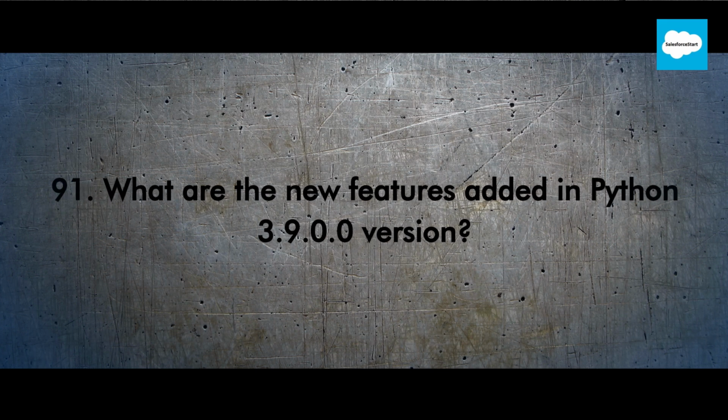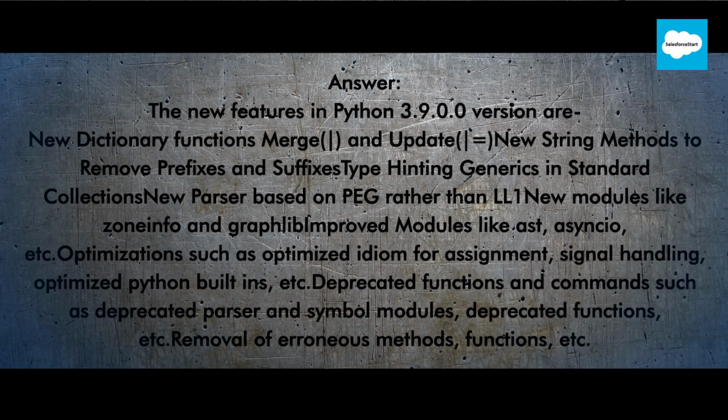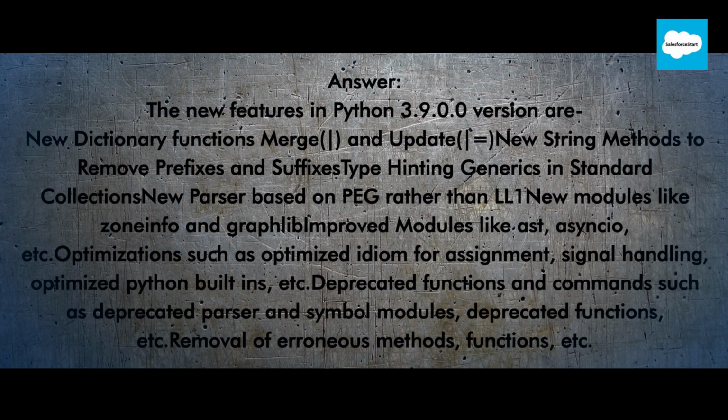91. What are the new features added in Python 3.9.0.0 version? Answer. The new features in Python 3.9.0.0 version are new dictionary functions, merge and update, new string methods to remove prefixes and suffixes, type hinting generics in standard collections,